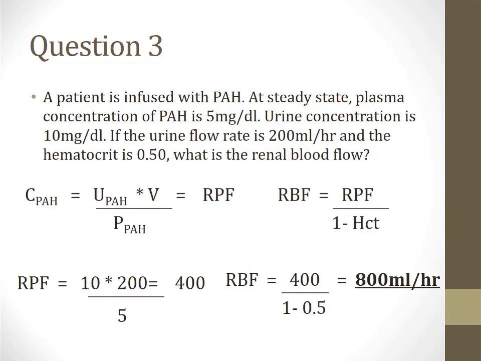Question 3, a patient is infused with PAH. At steady state, plasma concentration is 5 and urine concentration is 10. If the urine flow rate is 200